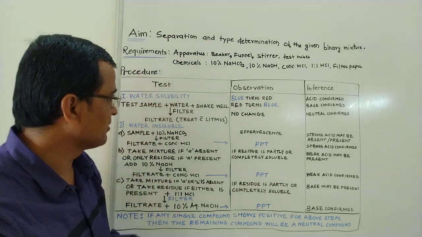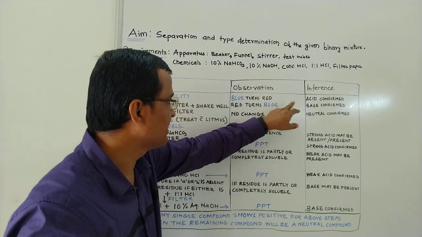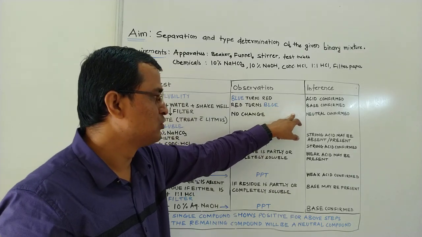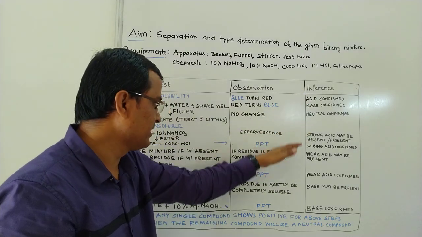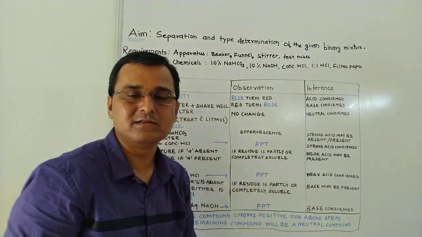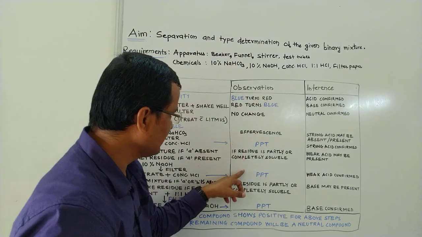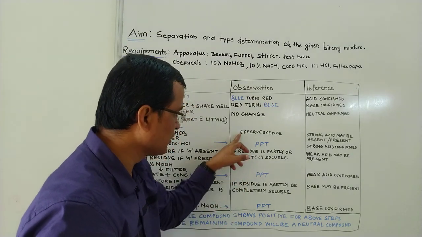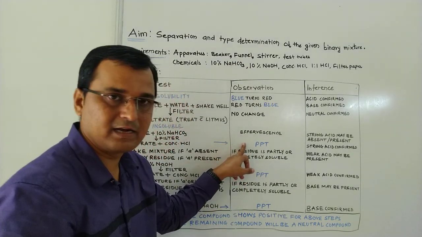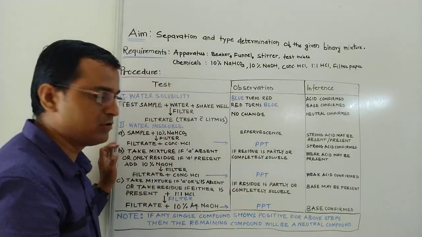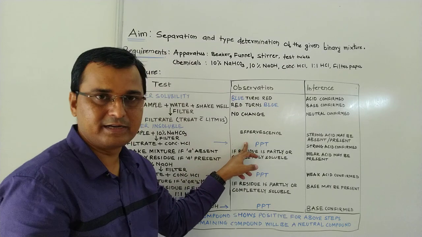ओके तो यहाँ पे कई बार बच्चे क्या करते हैं, यहाँ पे गलती कर देते हैं कि ब्लू टर्न्स रेड या फिर रेड टर्न्स ब्लू हो रहा है तो बेस कंफर्म करते हैं और फिर यहाँ पे अगर कोई PPT आता है तो आगे का रिएक्शन या आगे का प्रोसीजर नहीं करते। मैं आपको यहाँ बताना चाहूँगा कि आप पहले इस पर रिलाई करो। मान लो कि आपने सैंपल लिया, 10% सोडियम बाइकार्बोनेट ऐड किया, उसको फिल्टर किया और आपको ये PPT मिला है, ठीक है,